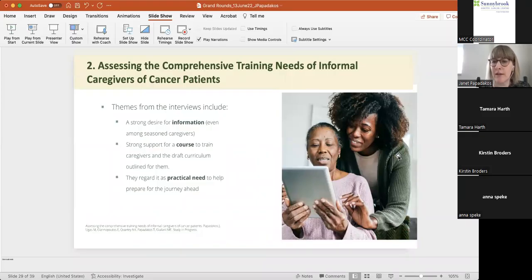So the next study we did, diving into the needs of caregivers, was a qualitative study to assess their training needs. So we looked at the literature at what training programs existed, how they're offered. We looked at the literature to see what the training needs are as well, but we wanted to talk to caregivers and patients at Princess Margaret to ensure that what we found in the literature was indeed consistent